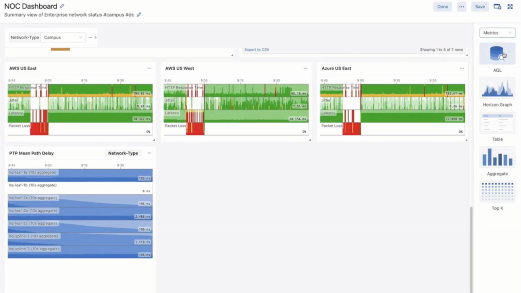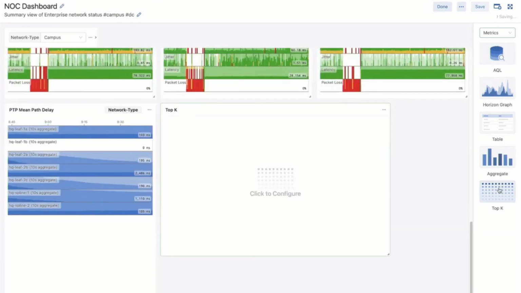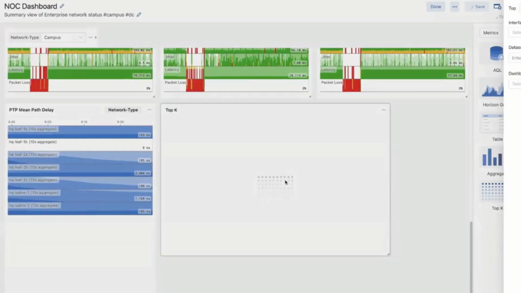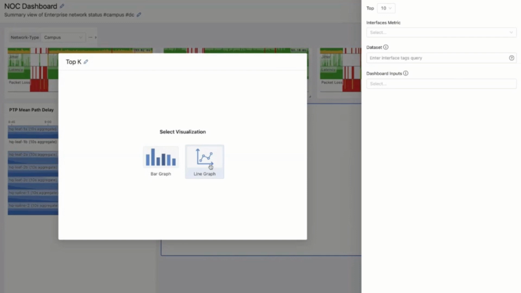That's the AQL there, which is essentially using a query language to interrogate that central database that we've talked about and display information in real time as those paths change. But we want to make it easy for the simple use case for the user, so point and click here as an example. We can add the top 10